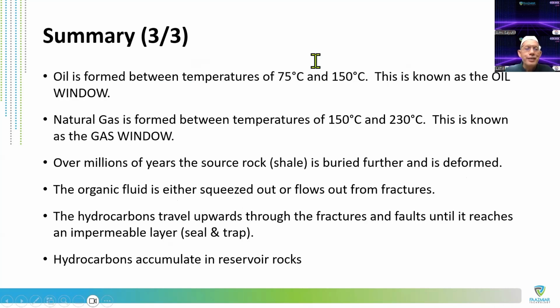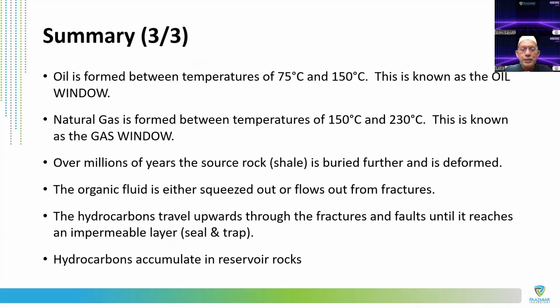Okay. Summary, oil is formed within a temperature range, so you know that there's a range. So if you are joining any company, if you drill too deep, of course you are going to find gas. But if the reservoir engineer or the geologist says, okay, we found some potential hydrocarbon at a temperature of 100 degrees C, for example, then most likely you say that it's going to be oil. This is the general knowledge and understanding about the kitchen for formation of oil or the formation of natural gas.